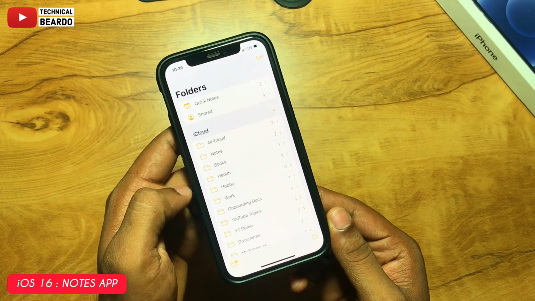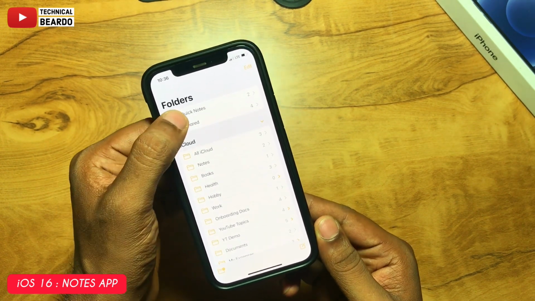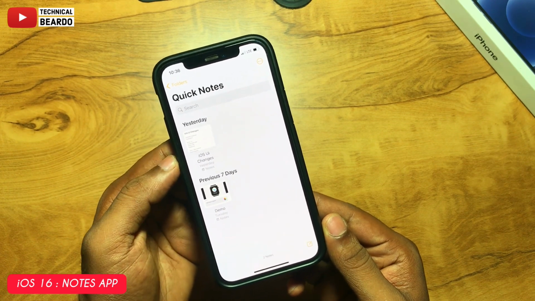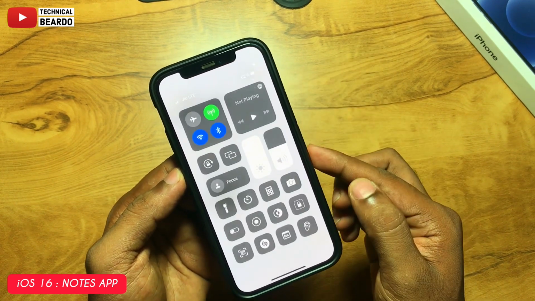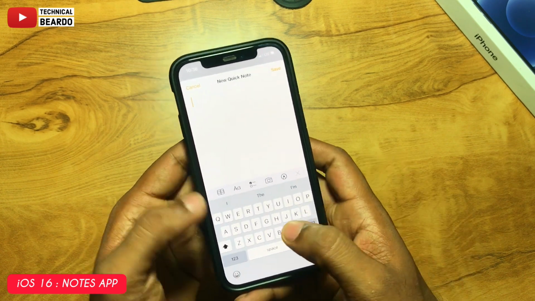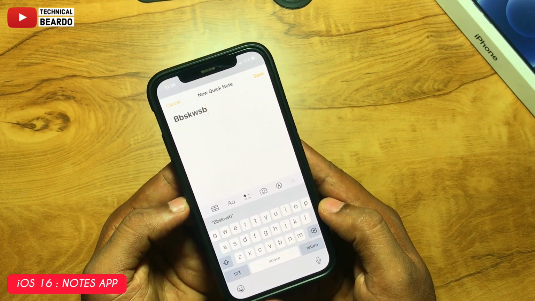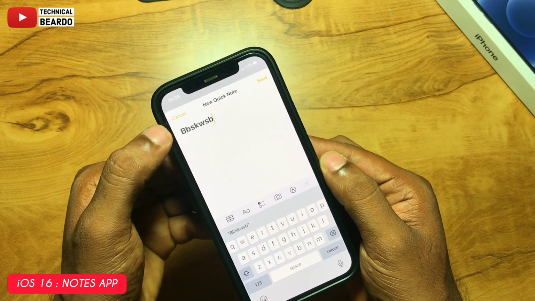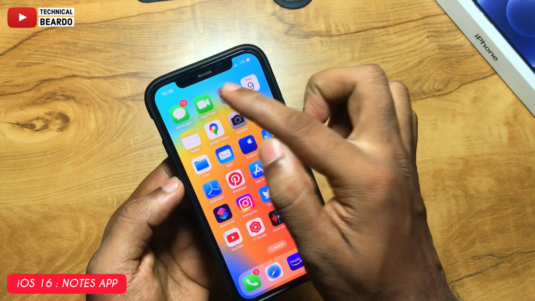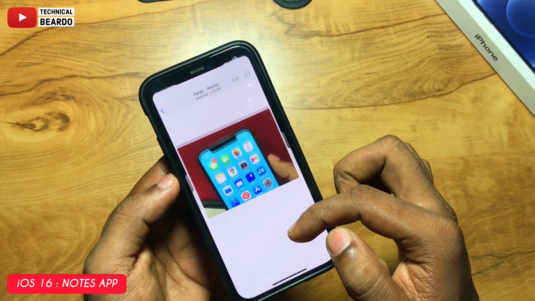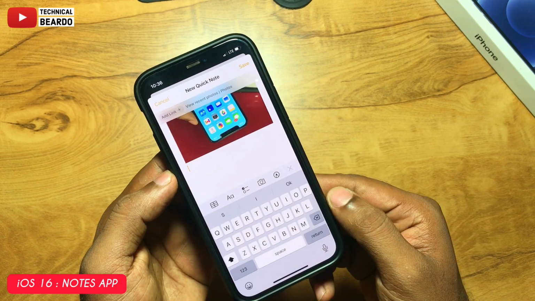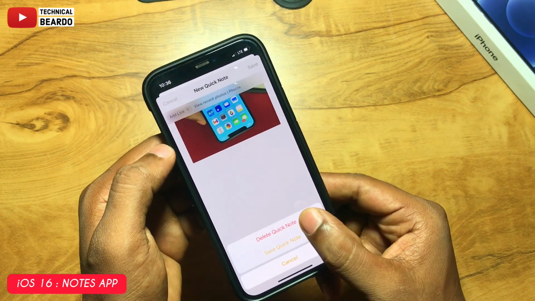Next we will talk about the next feature, that is your quick note. So basically this will allow you to take quick notes on your iPhone at a single tap. It is available in your control center as well. Just drop down your control center and tap on quick note and it will open the notes window with a keyboard, and you can just start taking notes in your iPhone itself at a single and quick tap. This is available everywhere in any file option, anything. Just tap on share, and while sharing there's a new addition of quick notes in the share option. From there also you can access it very easily at a single tap.